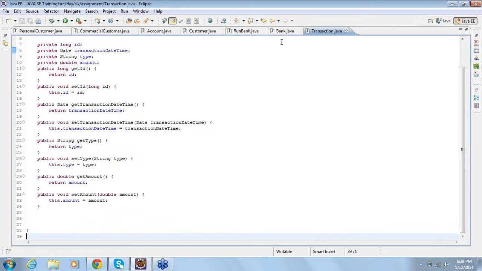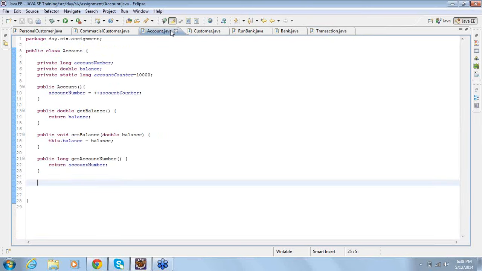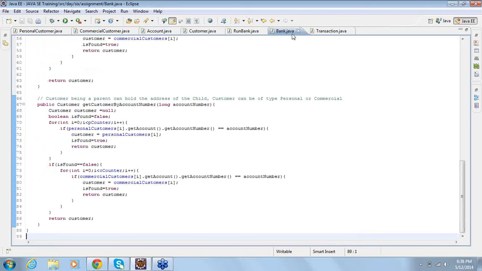Now, how do we associate this class with the account object? Do we associate with the account or do we associate with the bank? Now, if I associate with the bank, how do I associate with the bank? Because transactions will be maintained by a bank, but transactions are not uniquely identified. They have to be identified basing on the customer. So all the transactions should be identified under what? Under an account or under a customer.